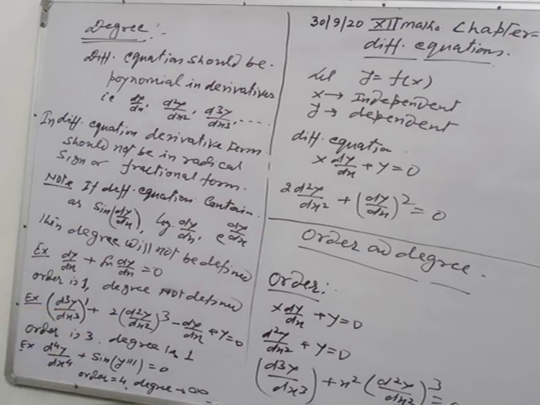Okay. Now in next example, d4y by dx4 plus sine of y triple dash. Y triple dash means d3y by dx3, means it is a third order derivative term. Y dash first order, y double dash second order, y triple dash third order. So here this equation contains sine of y triple dash, means d3y by dx3. So containing sine of a derivative term, here degree is not defined and order, from the maximum derivative term, is 4. In this way you can find the order and degree. Okay.